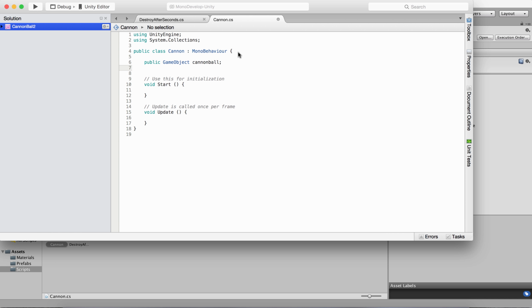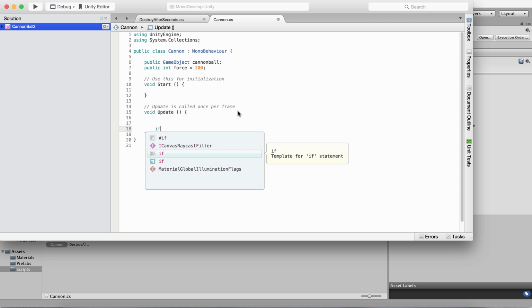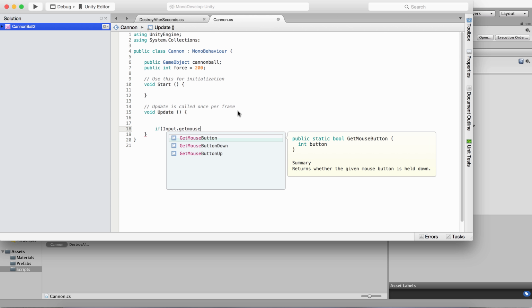Okay, and with what force is also important. So let's say public int force. Let's make this 200. We want to instantiate this and we'll add 200 onto it. In the Update, now you will check that if something has been clicked. So I say if Input.GetMouseButtonDown,